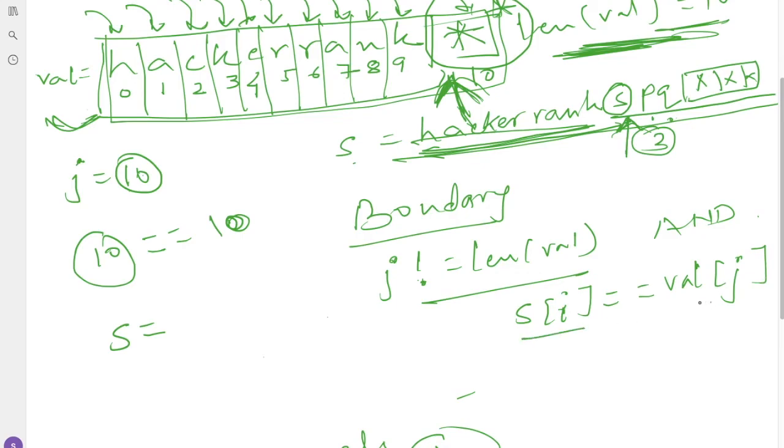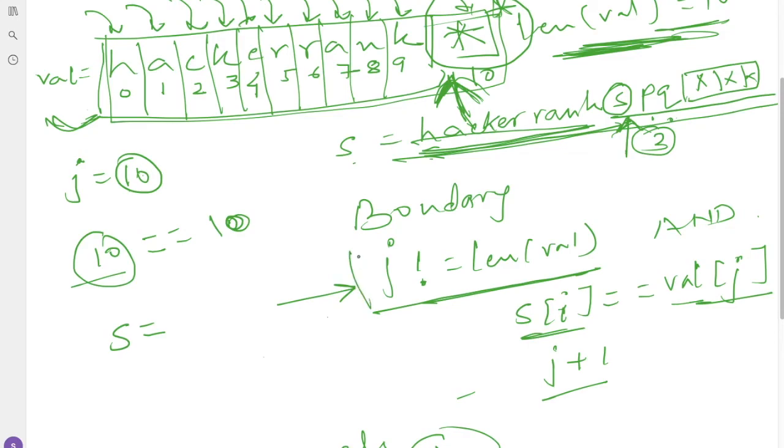If both the characters are equal in the input string and this HackerRank string, then it will simply increase j by 1. And whenever this j value reaches 10, it won't further check for this criteria, because we are only iterating till j not equal to length of the val.